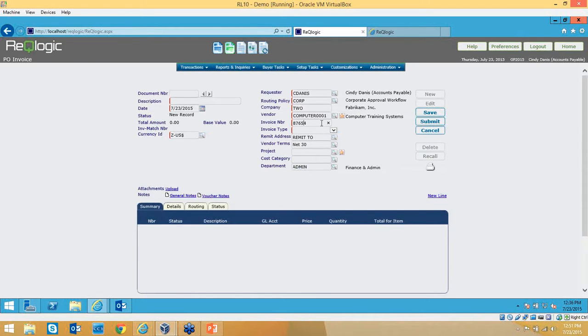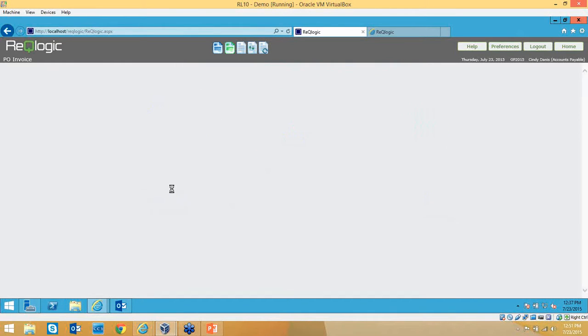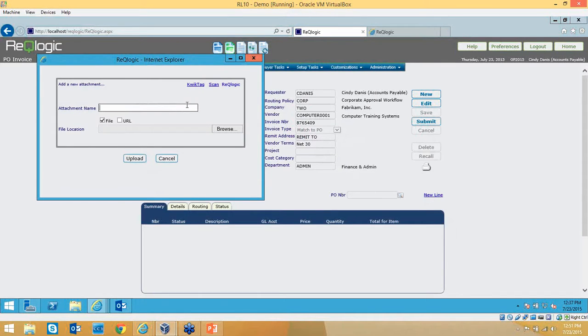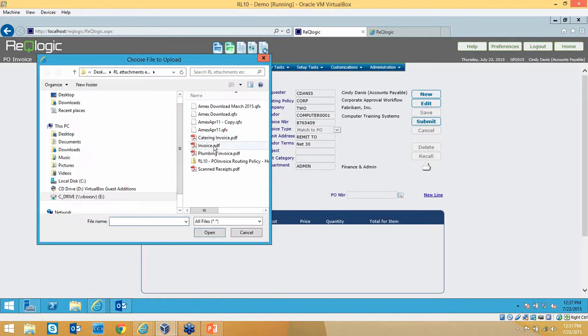I can put in the vendor and the invoice number. There is a flag in ReQlogic telling you not to allow a duplicate invoice number. So that's good. You can't enter that twice. And then I can do either a two-way or a three-way match. Let's say in this case, I'm just going to do a two-way match because I haven't posted my receipt. And in this case, I'm manually attaching the invoice. It wasn't emailed to me. I got it in the mail, and I'm going to attach it manually,